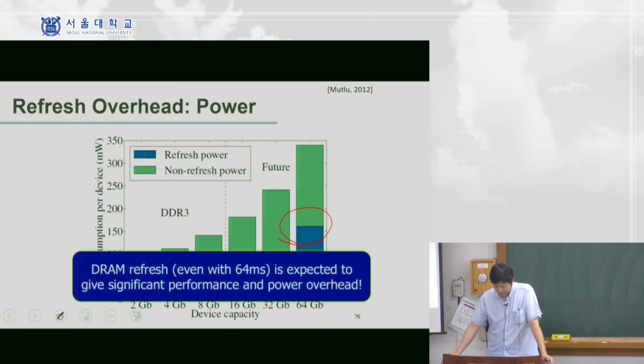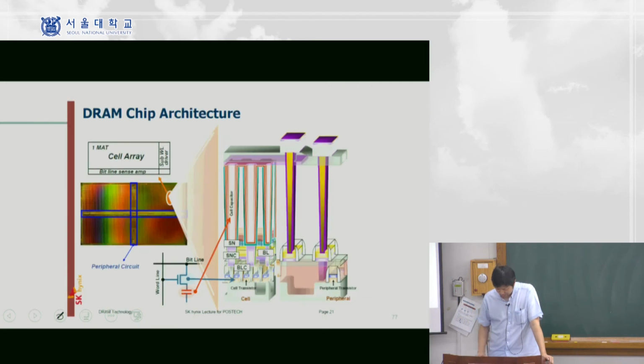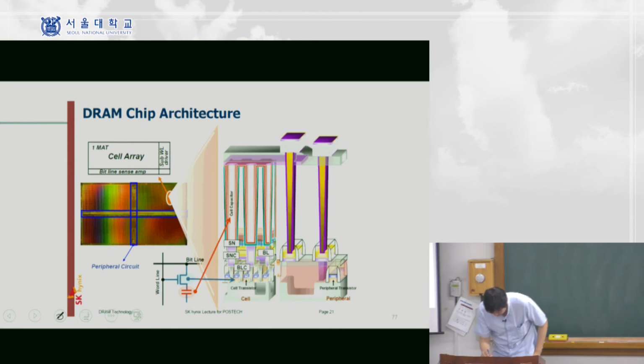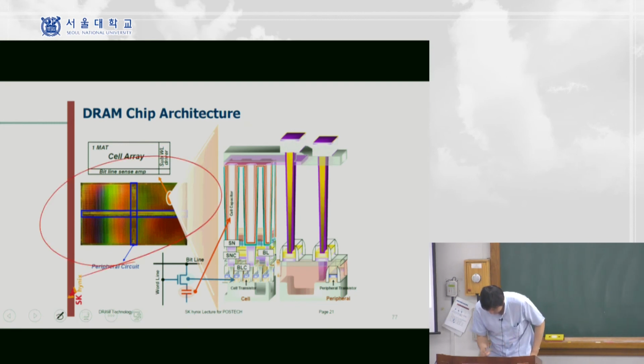So DRAM refresh is expected to give significant performance and power overhead in the future. One solution could be to make better DRAM chips, and another solution is to come up with a new type of DRAM, a new kind of memory device. But before doing that, let's look at a modern DRAM chip architecture. This is a silicon DRAM die, and if you open it,